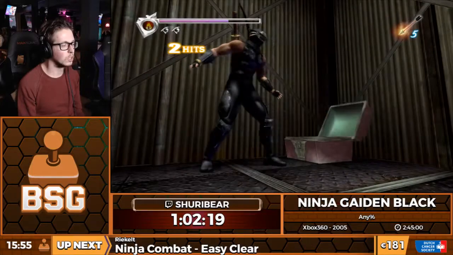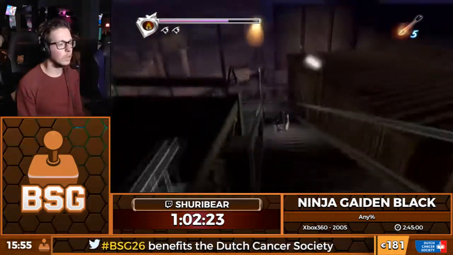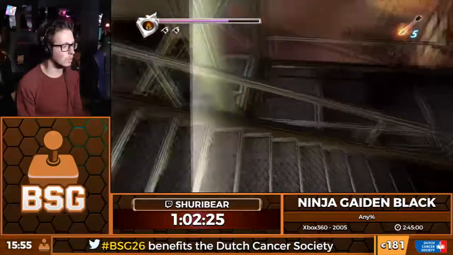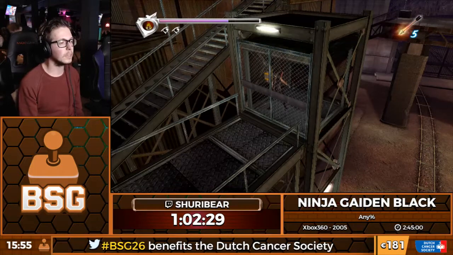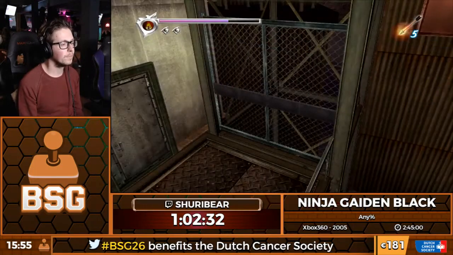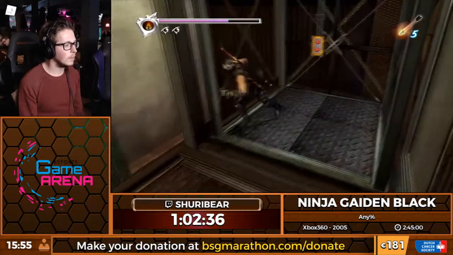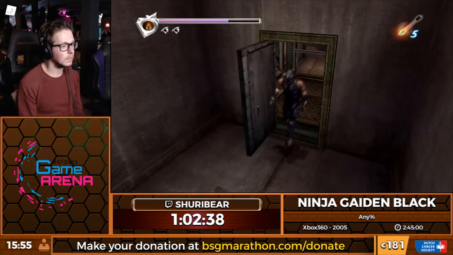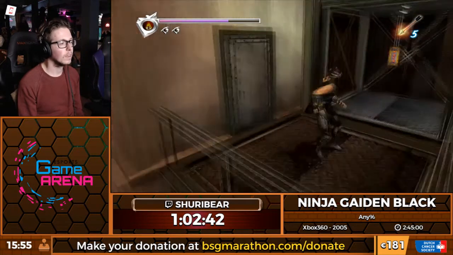I want to be 100% sure that that one is dead, because you have to kill everything to go out of the door. This is a really stupid thing we have to do now. We have to go in and out of this room, like this, to trigger an event. It's really stupid, but